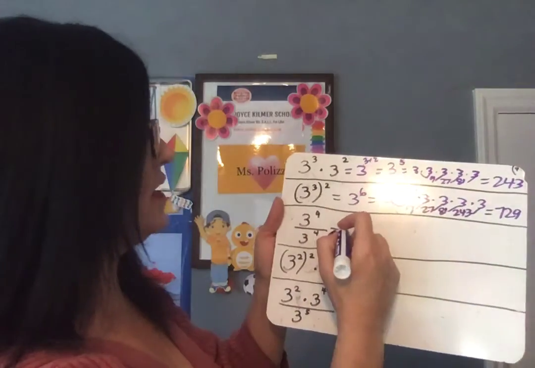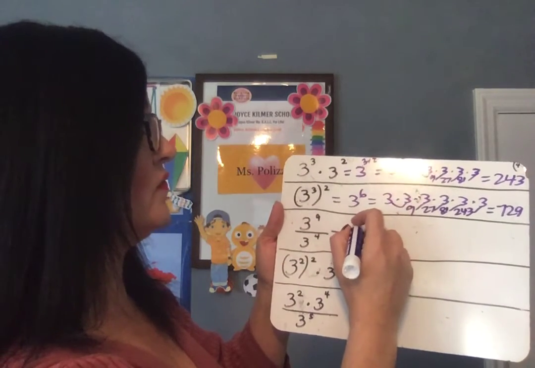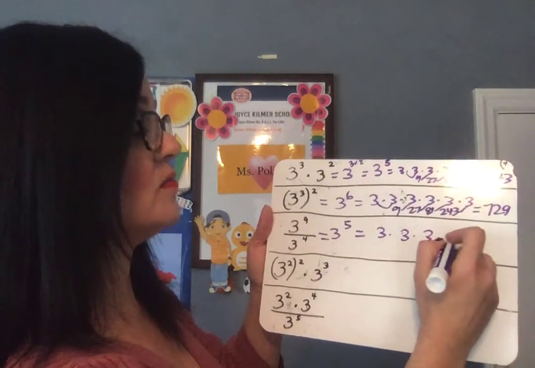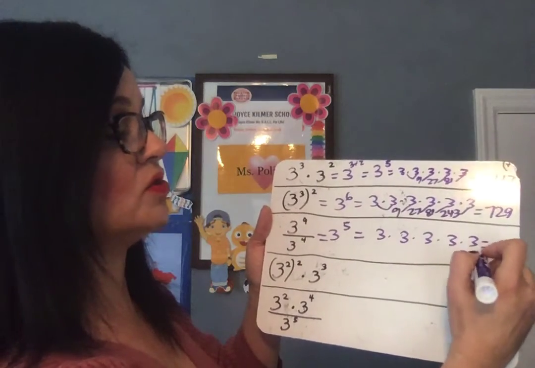Okay, here we have 3 to the 9th power divided by 3 to the 4th. So we keep the base the same. Since we're dividing, we say 9 take away 4 is 5. And again, that's 3 times 3 times 3 times 3 times 3, which we already figured out up here is